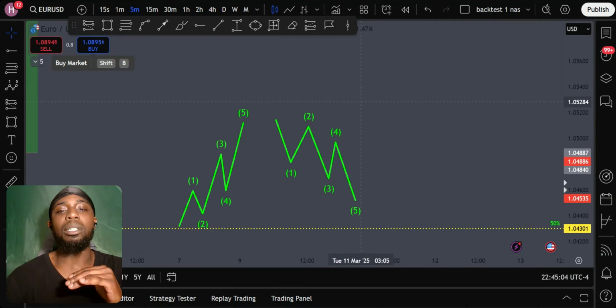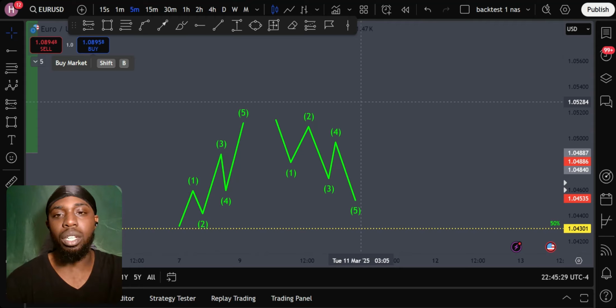So, we're going to do the basics of market structure, show you exactly what it looks like on the charts, and then show you resources and tools that I have in my Discord that can help you become more profitable and really gain that key eye and train your eye to see these things in the market when you see them. So what we're going to start off with is just first what a buy structure would look like,